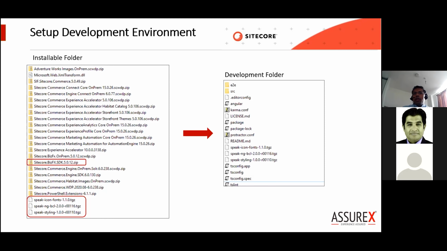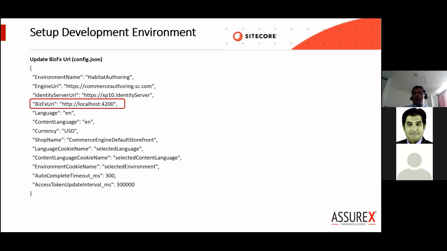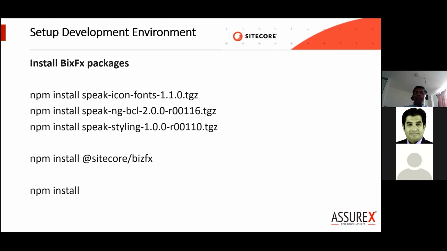Also, before installing, it's better to check if your configuration is correct, because the business tool will be listening to port 4200. So you might have to check in the config.json if the URL is correctly configured for the business tool. Now, install.